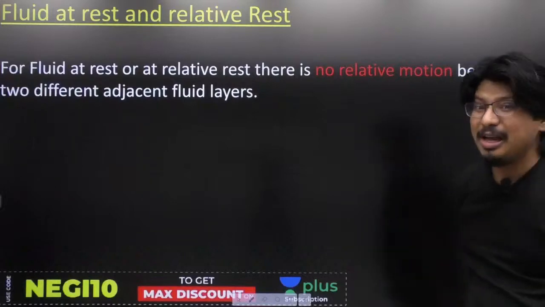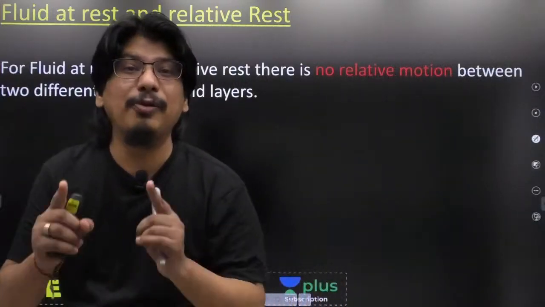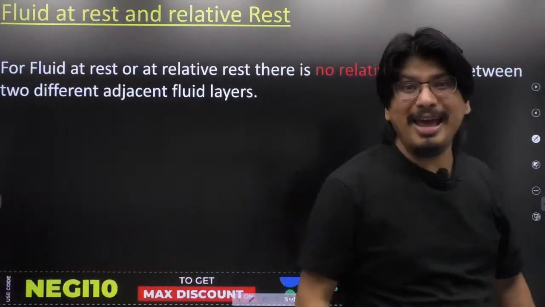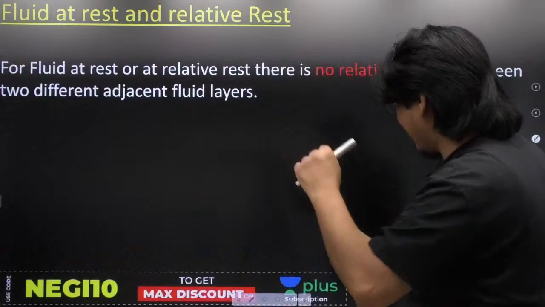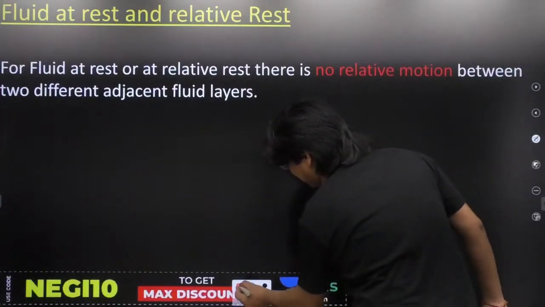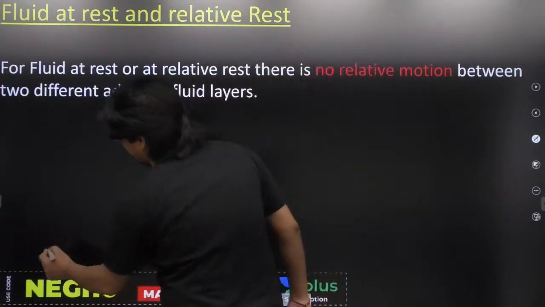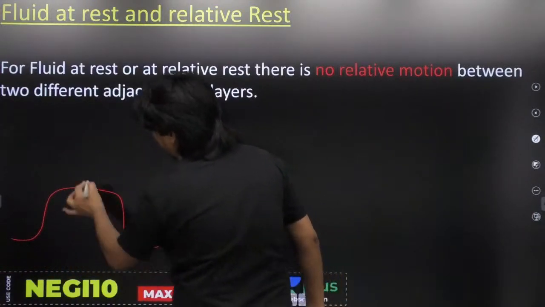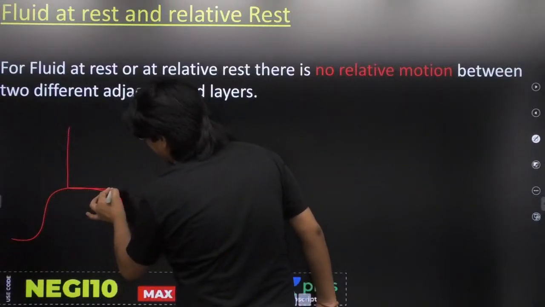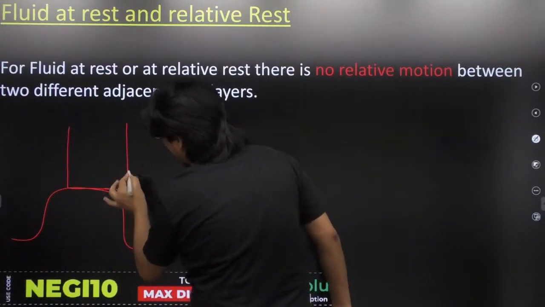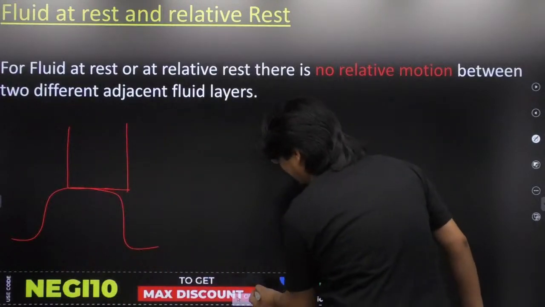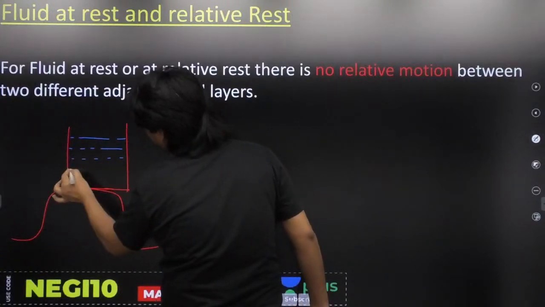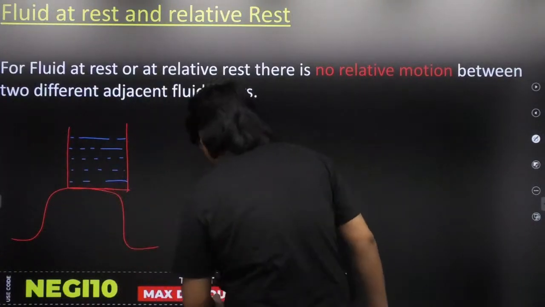Now, I discussed the concept of what? Fluid at rest and relative rest. What is the meaning of this? Look at here. Let us suppose this is the car we are having. On the top of this car, I'm keeping one container. Now look at here. These are the different layers of the liquid. Now, if this car is not moving at all,